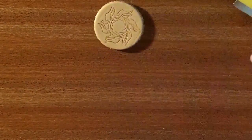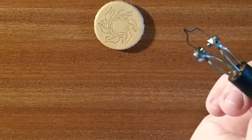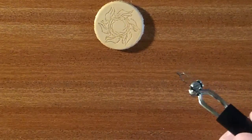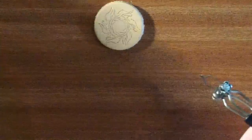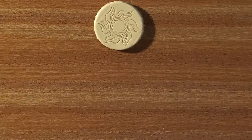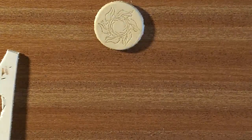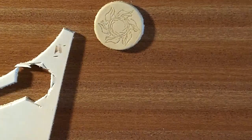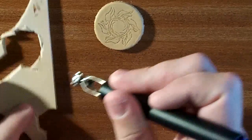So guys, when burning leather, you have to remember that the pyrography piece you use is going to get a little bit gunky. Unfortunately, that is just one of the things that happens because leather doesn't burn as cleanly as wood. Next, you're going to need a very low temperature. For instance, my pyrography machine goes up to 10, and you've sometimes seen me use 10 for doing dark bits on wood. This is currently set to 1.5, and